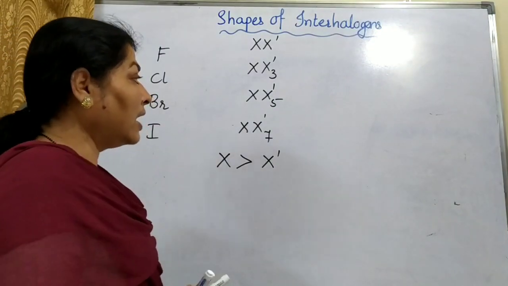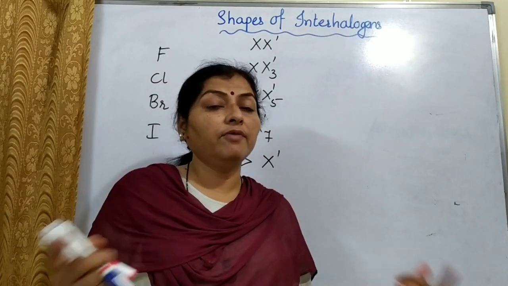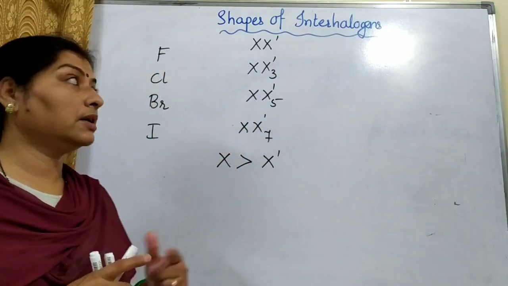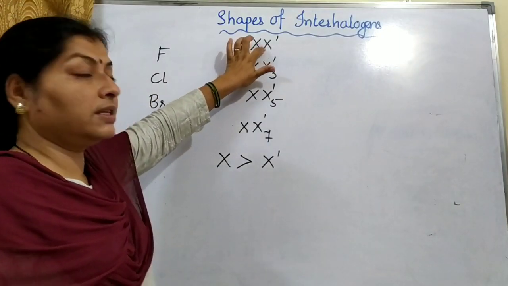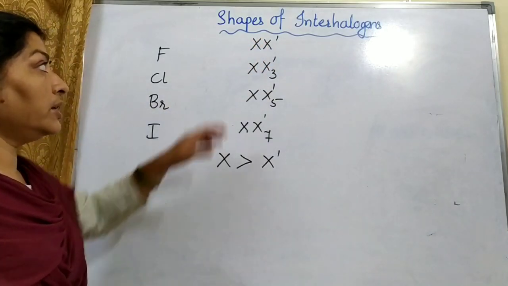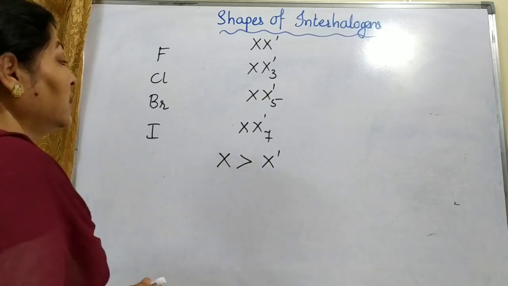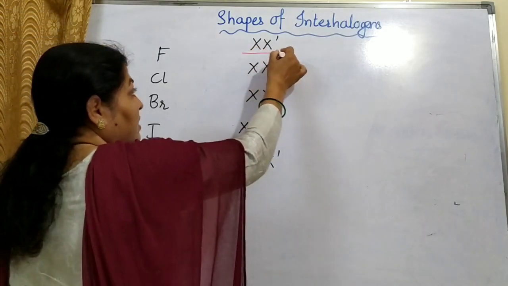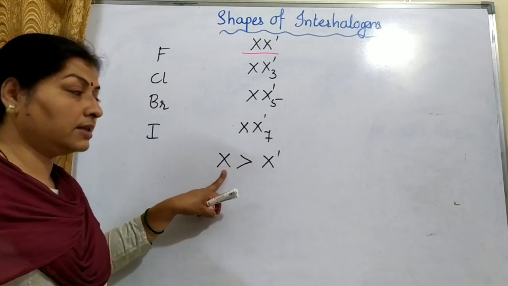Now the higher oxidation states will be found in those compounds where the size of the two halogens has a large difference between them. In the one oxidation state, both the halogens have oxidation state 1, so it will be possible between every two halogens. So which are the possible interhalogens in this case? Let us see. The bigger one is X in size.